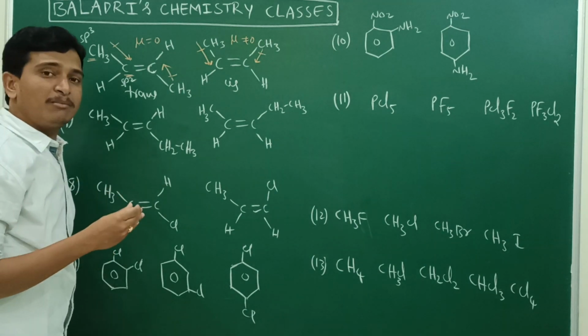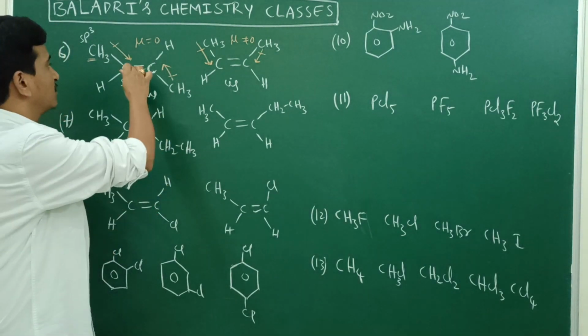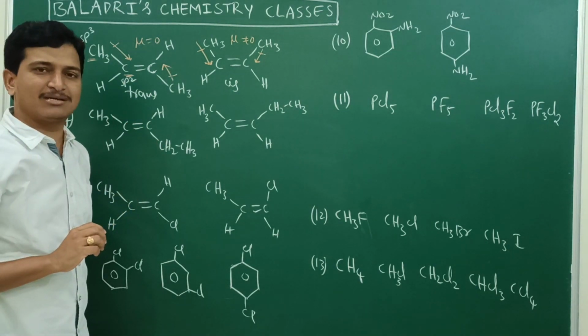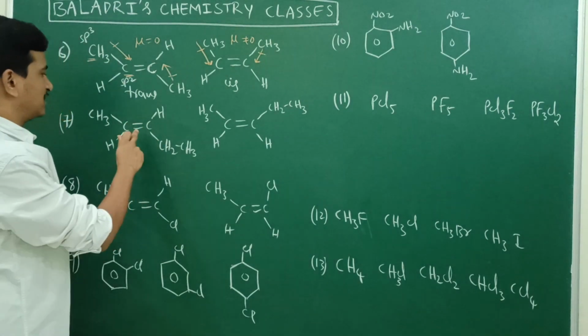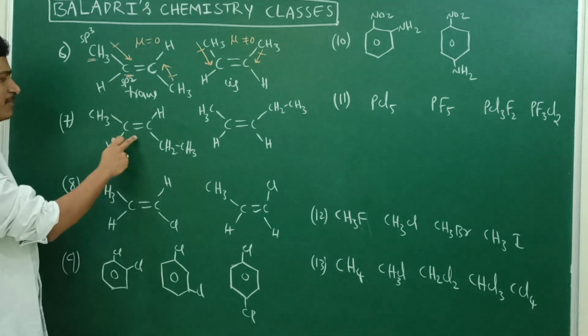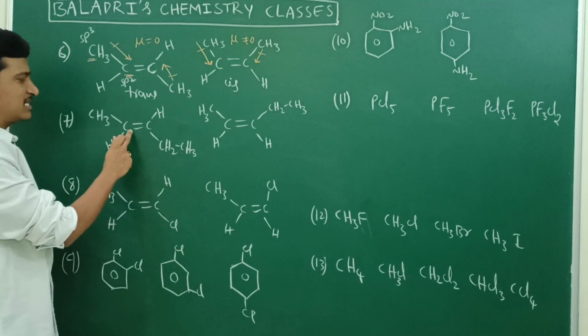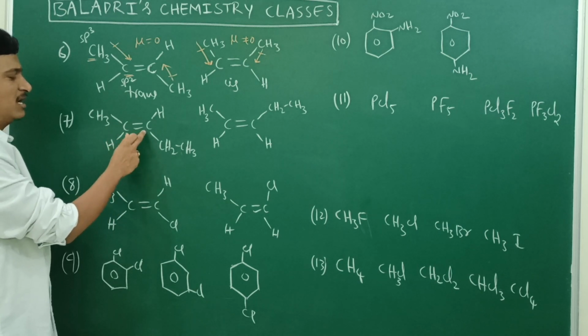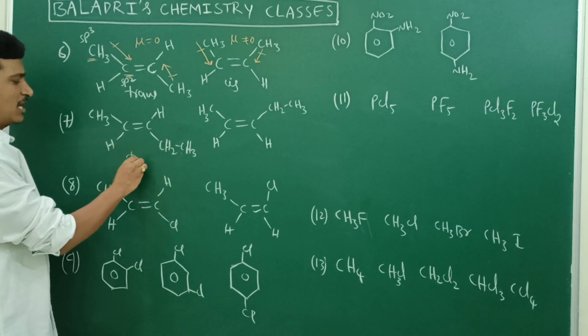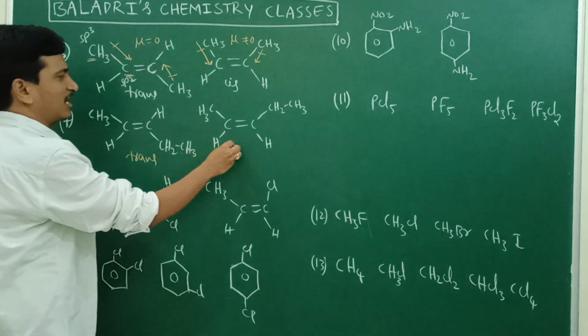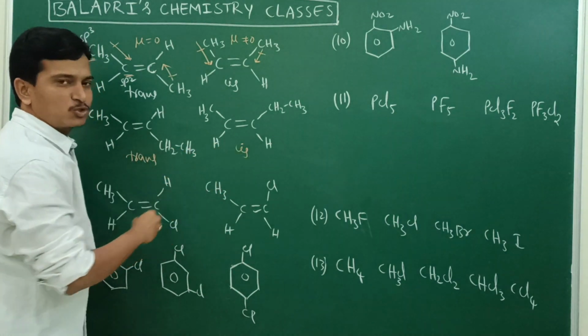Now students, what they will memorize is that trans will always have 0 dipole moment, but that is not correct. Now see the next example, you can understand very clearly here. 1, 2, 3, 4, 5. 5 carbons are there here. Second carbon, double bond is there. It is trans 2-pentene. This is the trans molecule, and you can take this as cis 2-pentene. 2-pentene also exhibits geometrical isomerism.